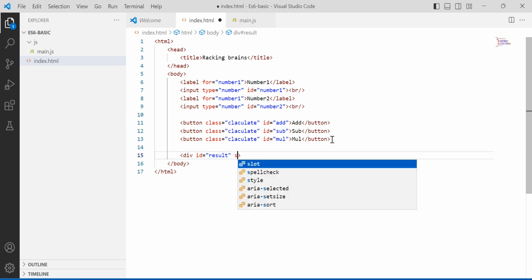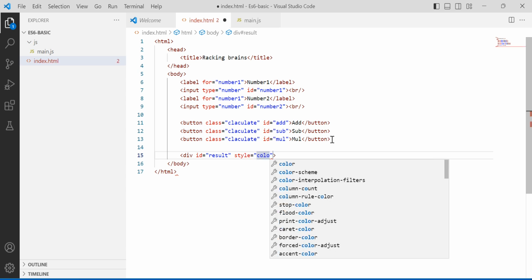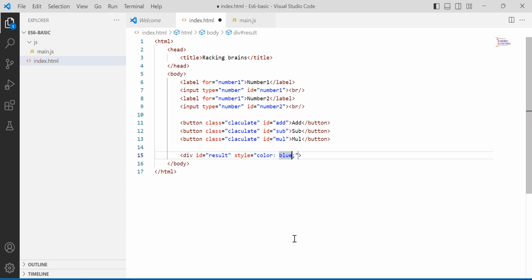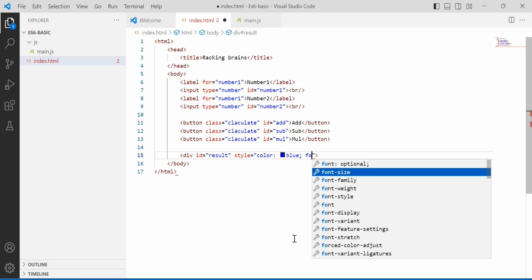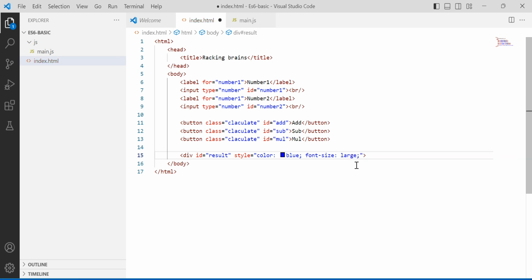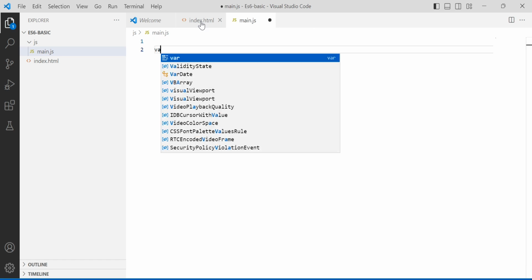Some basic style, color blue, and then font size large. Now I am going to the JS file. In the JS file there